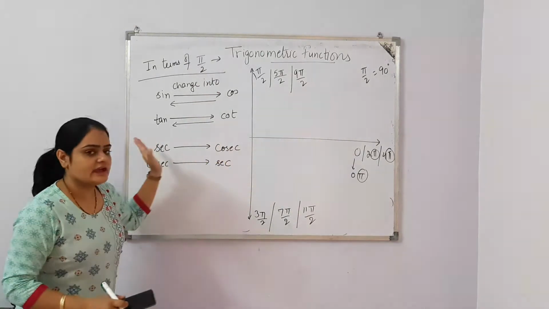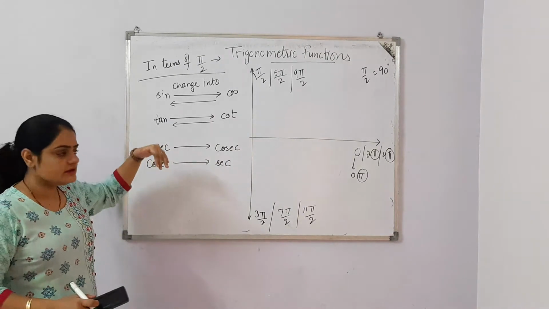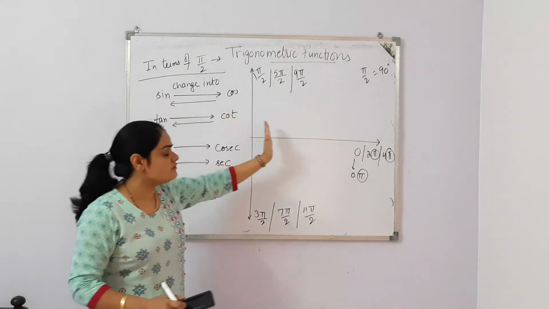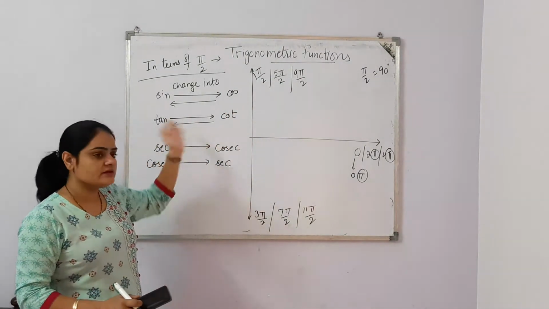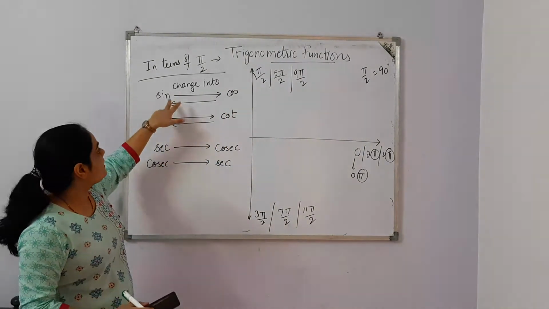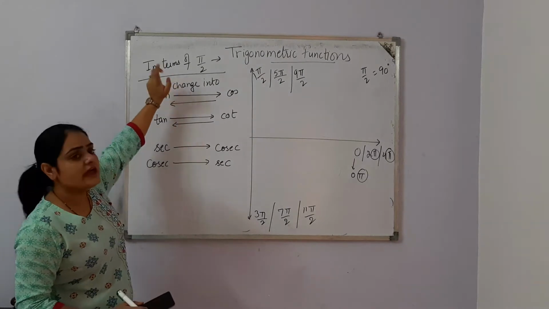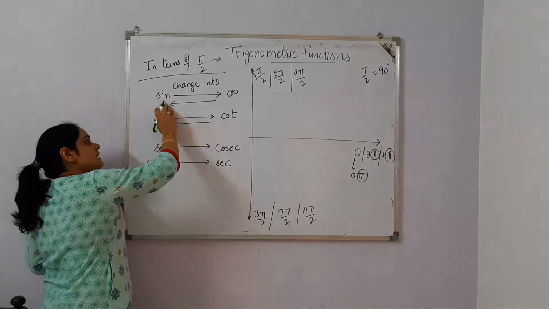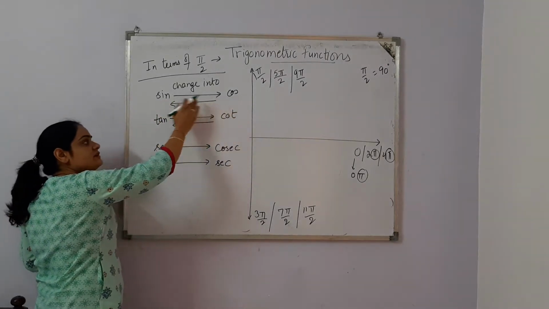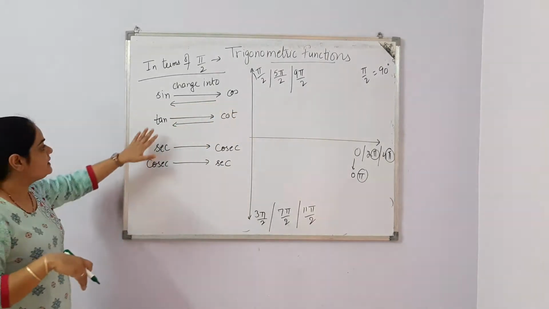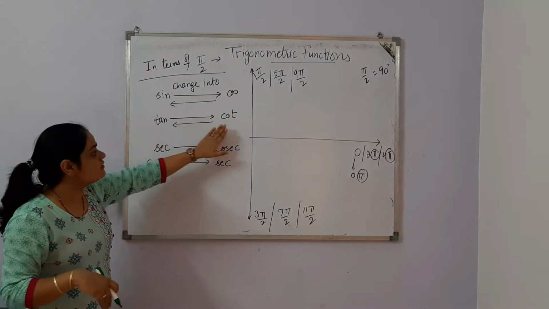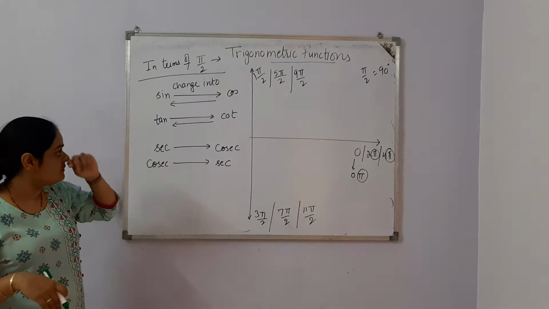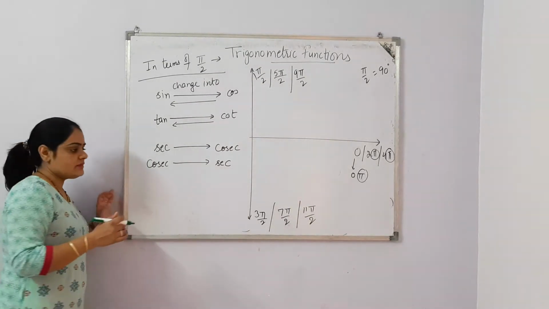I just removed the x-axis because today we are doing all the angles which are lying on the vertical line. So there is no need for the x-axis, so I have already removed the negative x-axis. But whenever the angle is in terms of pi by 2, you have to learn that sine will change into cos. If cos is there, then cos will change into sine. Similarly, tan will change into cot, cot will change into tan, secant will change into cosecant, and cosecant will change into secant. Now, what do you mean by this?